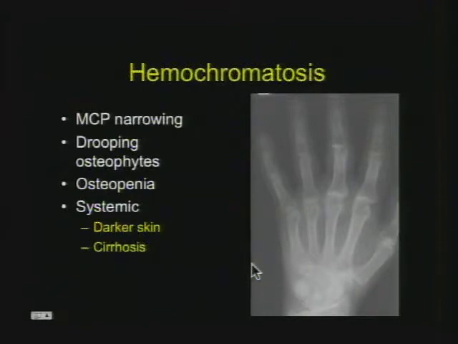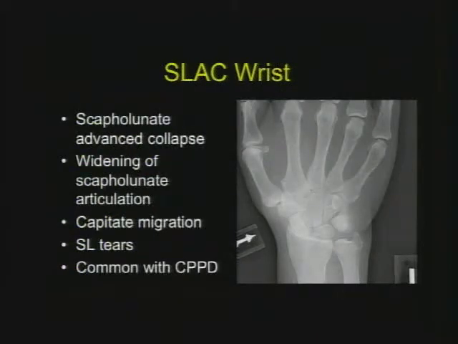Hyperparathyroidism is another thing that will give that to you, as will renal osteodystrophy, because it causes hyperparathyroidism. And there are a couple of other things on the list, but they're not so important. Now, this is something that when we recognize it, we say slack wrist. What does that mean? That means scapholunate advanced collapse. And what you have here is narrowing between the radius and the scaphoid with widening of the scapholunate interval, which